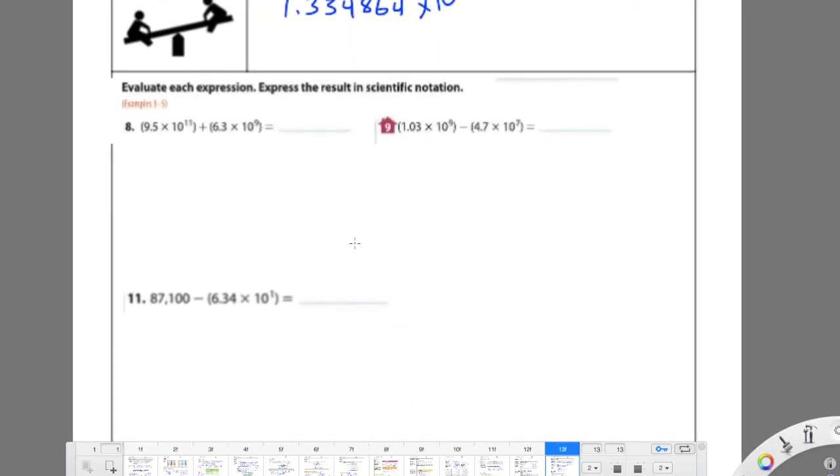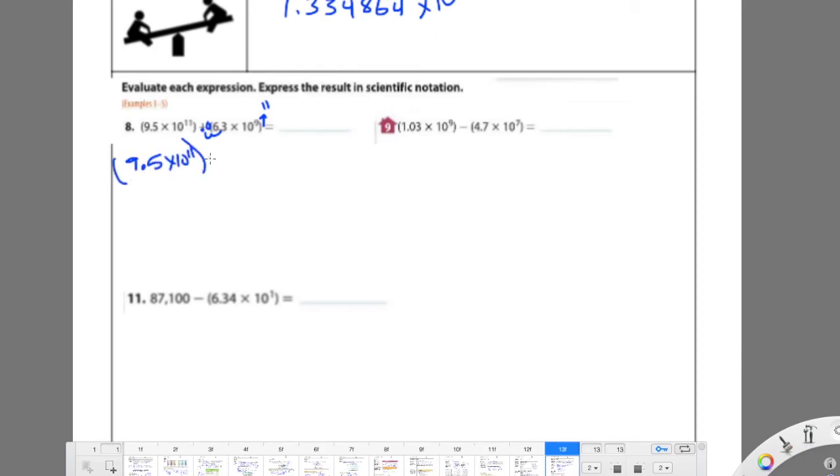All right, so let me scooch over here. So we're going to do the same thing on this one. So we want to make these match. So if I'm looking at, and I'll just write it down here, we want this to go up by 11. So if I want this to go up, it means I need to move this 1, 2 times. Okay, so now I have 9.5 times 10 to the 11th